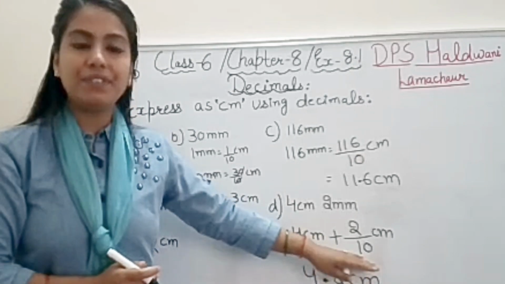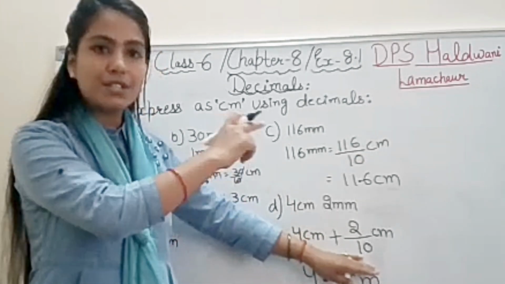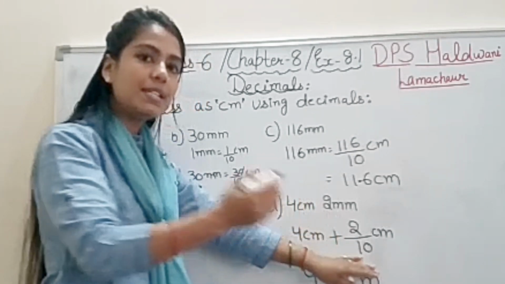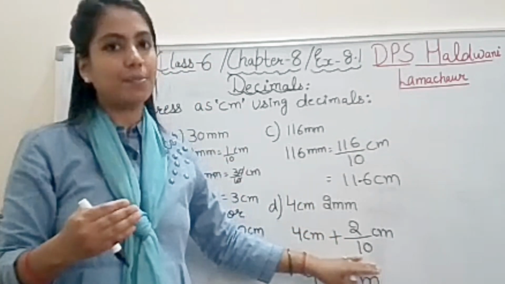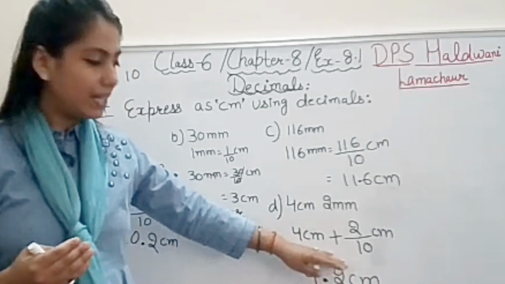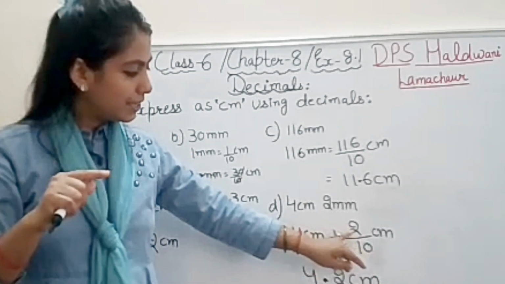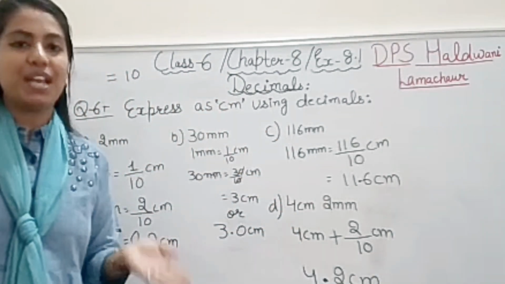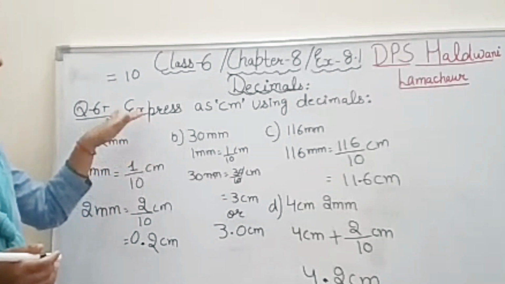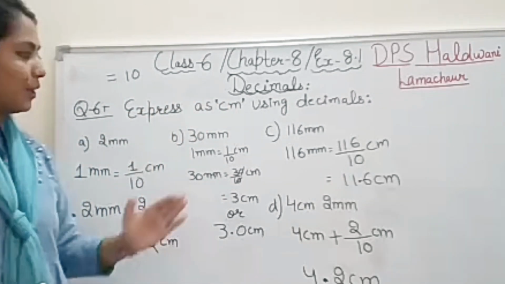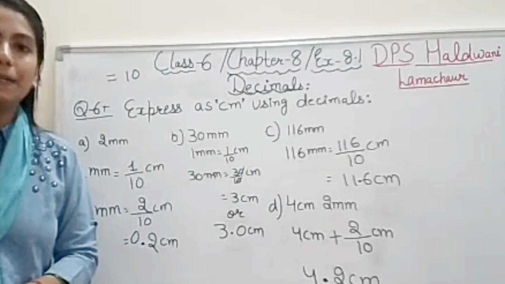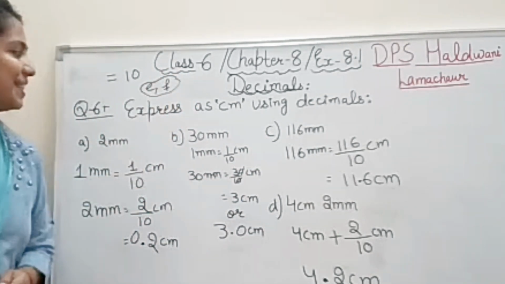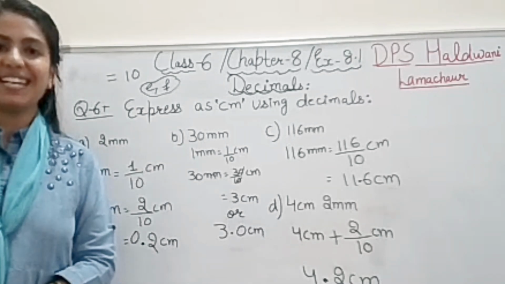Such type of question we have done in question number 3. 4 plus 2 by 10. Wherever a divide by 10 or divide by 100 term is there, it means the decimal starts from that number. So 4 is the whole number, 2 by 10 is decimal 2. Right, student? So this is all about the question concept, but the question formation is different. It is conversion, that's it. Two more parts we have, E and F part. That is homework for you, student. Questions are very simple. This is all about question number 6. Now coming to our next question.